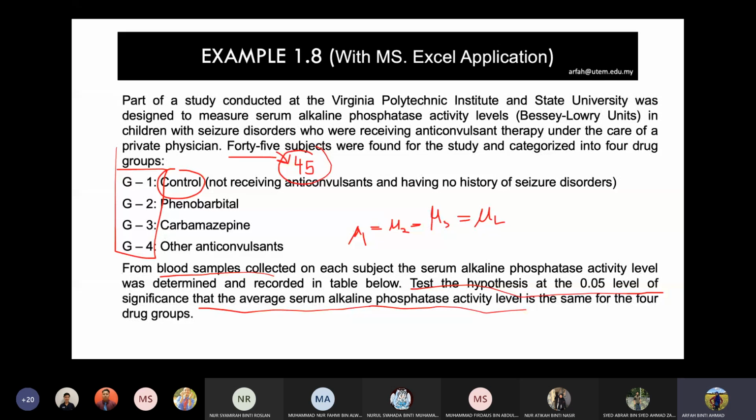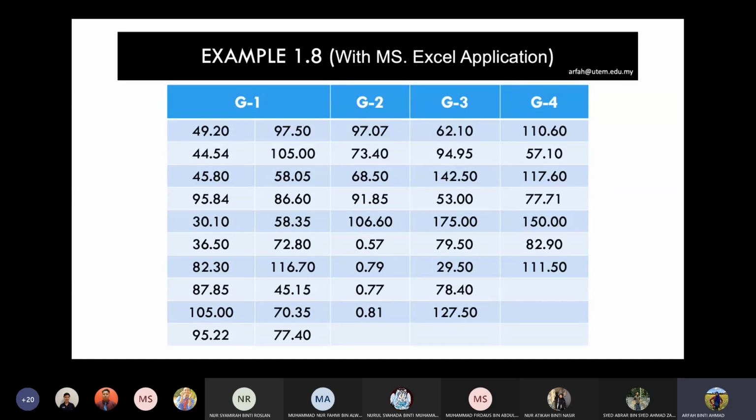Okay. So in order to do so, the best way sebab awak ada sampai 4 treatment is to use the analysis of variance. Okay. So ini adalah dia punya data. Kalau tengok data ni, ini group pertama. So dia akan ada the first mean, mu1. Okay. Dan ini group kedua akan ada mu2. Dan ini group ketiga akan ada mu3 dan ini group keempat akan ada mu4. Okay. So daripada sini kalau awak tengok dia punya sample size tak sama. Yang pertama ni sampai 20 sample size. So N1 sama dengan